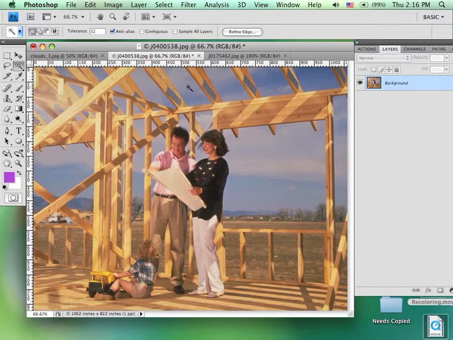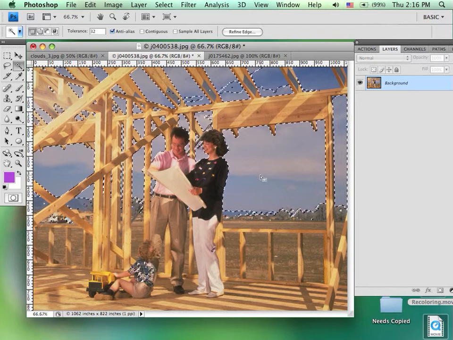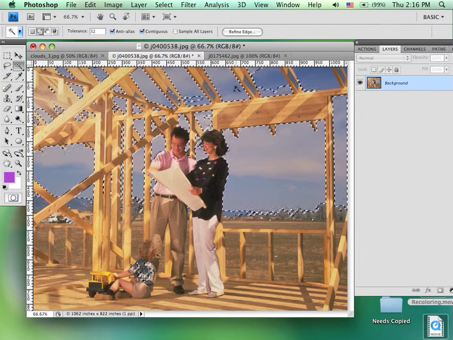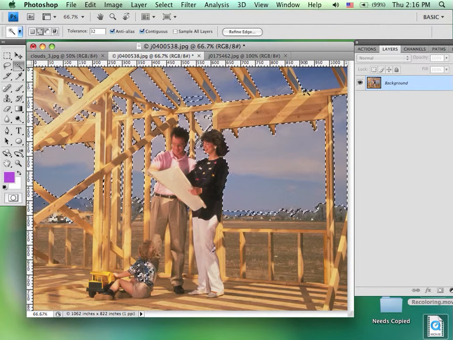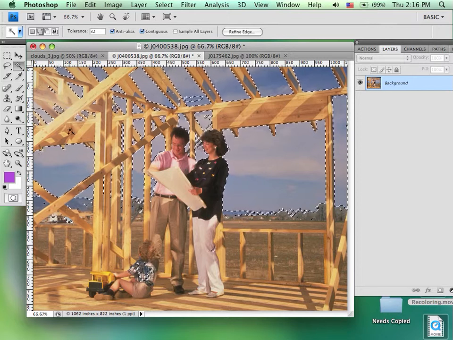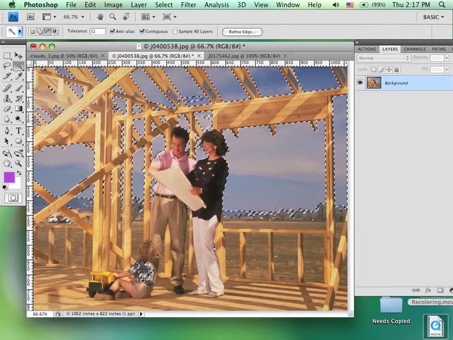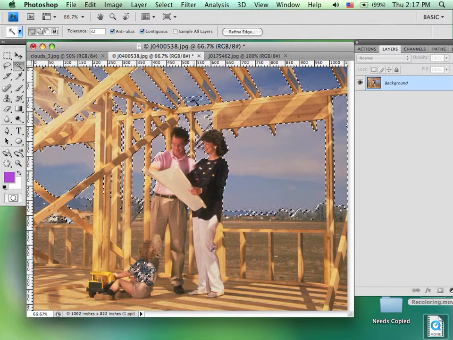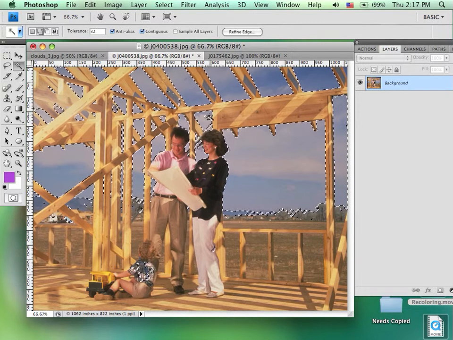So I'm going to use the Magic Wand tool to do that. I'm going to leave the contiguous off because of a number of different areas that are not adjacent to each other, and we'll see how my settings go. Not bad. I have a number of areas that have a little bit of cleaning up to do, and I'll do it relatively quick and not super precise. I have some places where it picked up, looks like, some of the truss plates that I want to remove, so I'm using my modifier key to remove those from my selections. I have some other areas that I want to add to my selections,